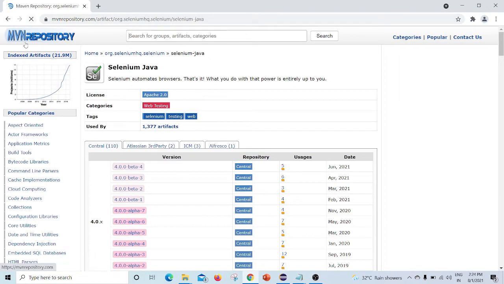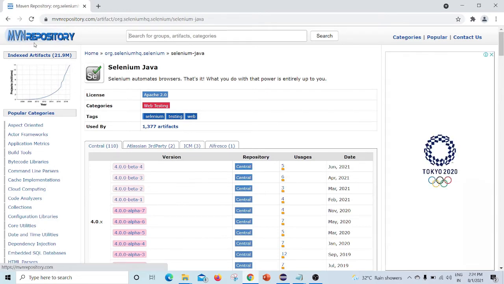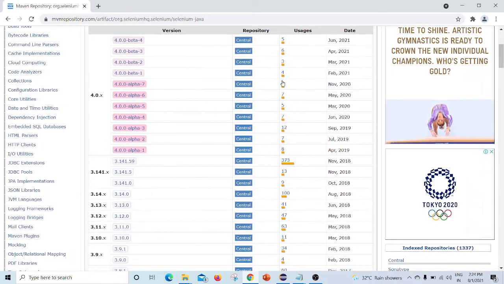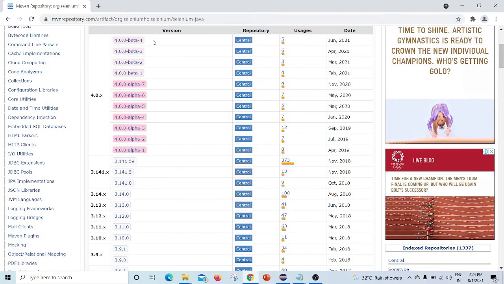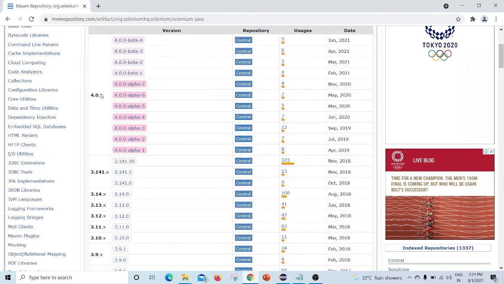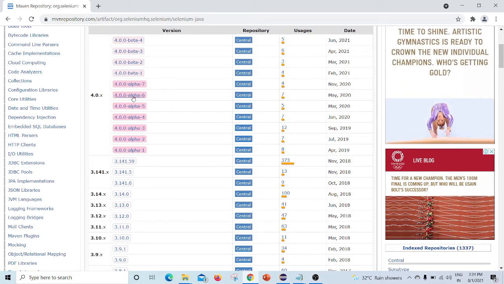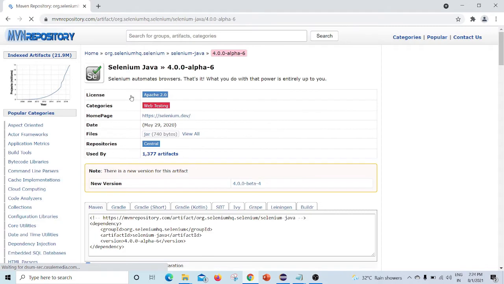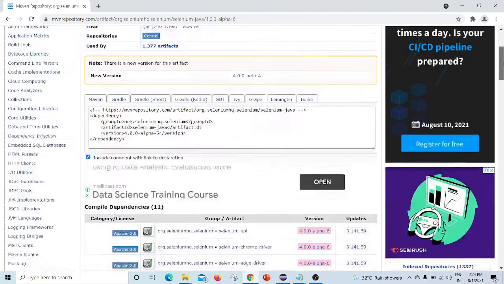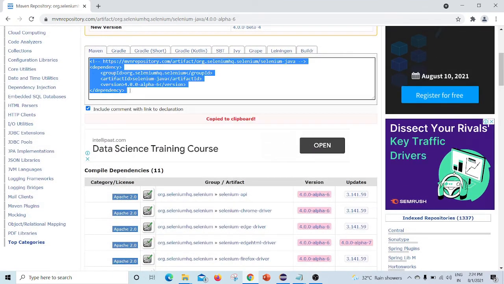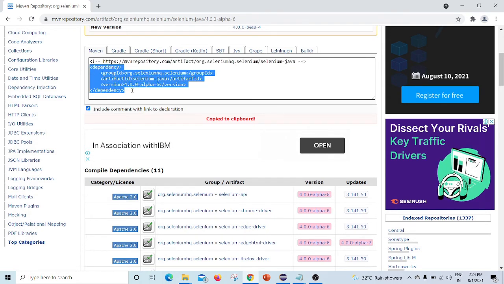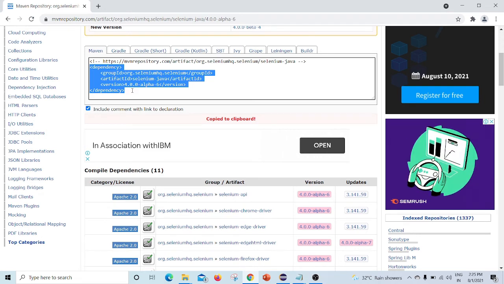It will redirect to the Maven repository website, and here you will find many versions of Selenium 4.0.0. Just click on 4.0.0 alpha 6. So you will get the dependency for that. What you have to do is add this dependency in the pom.xml file.